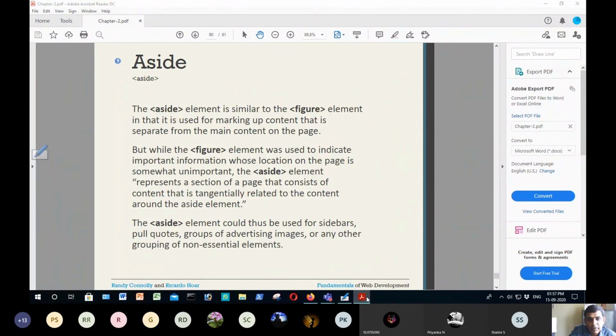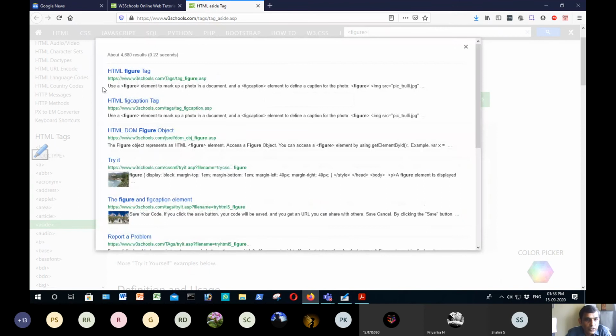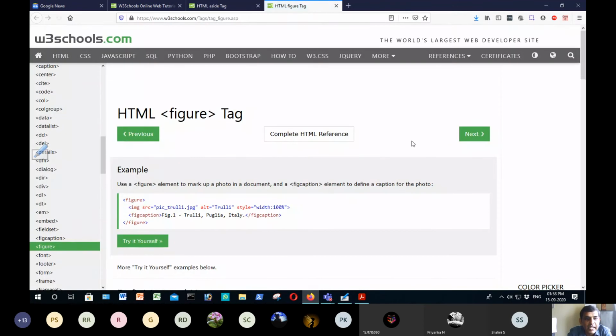Like this, every tag that we have discussed. Similarly, figure captions, you can go and see the figure. The HTML figure tag is there.